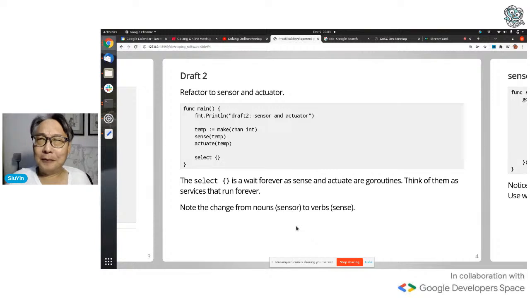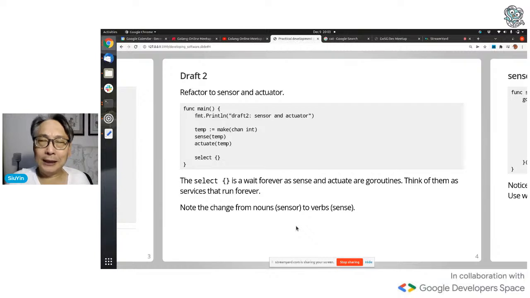So object-oriented languages deal with identifying objects. Go is not strictly an object-oriented language, but it's still important to think in terms of what are the things, objects, that are important in your problem domain, in your code. In this case, we need something that senses, and we need something that turns on the air conditioner or the heater, an actuator.